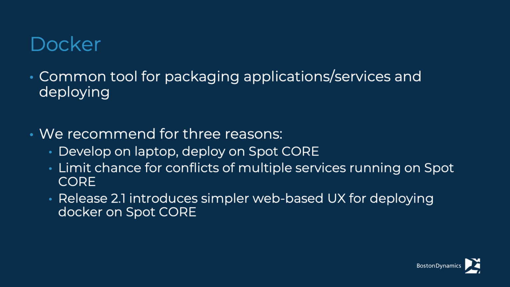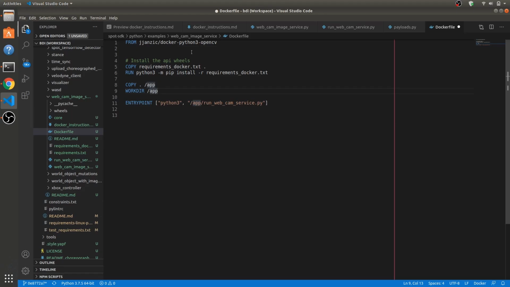And then thirdly, as part of 2.1, we're introducing a very easy way to move this Docker image from creating it on your development laptop into the Spot core. But also as part of 2.1, we're introducing a Portainer.io type of web application so that any user can simply load the Docker image, copy it into the Spot core, create the container, run it, and monitor how it's performing. So to do that, you need to have a Docker file,